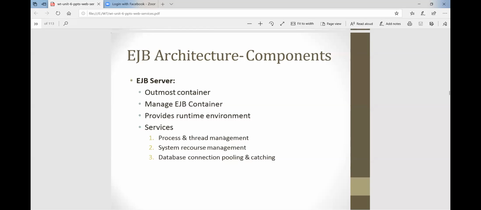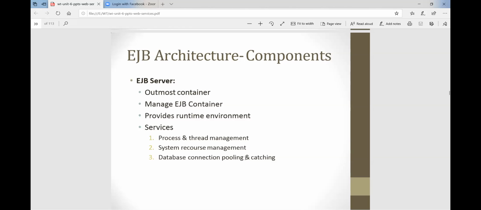Threads are nothing but a large program divided into small ones, where only one particular thread can run at a time. That is thread management. The next is system resource management. System resource management can manage all the resources. Whatever internal or external processes come to the OS, all these system resources can be managed.